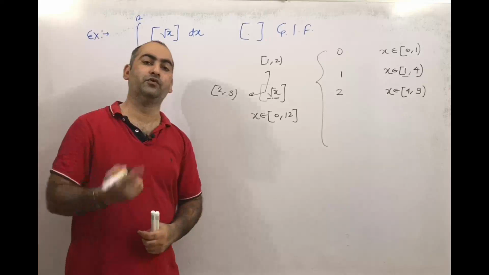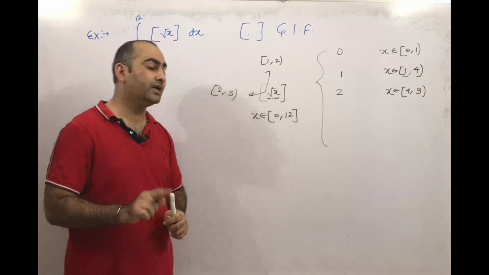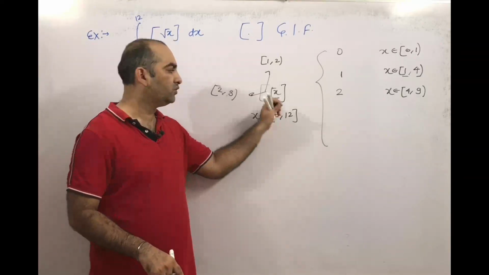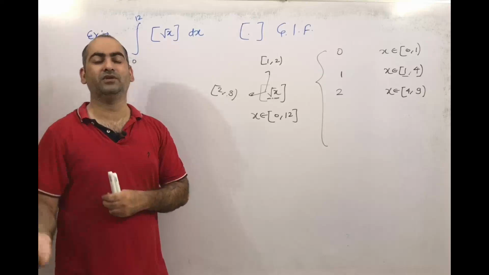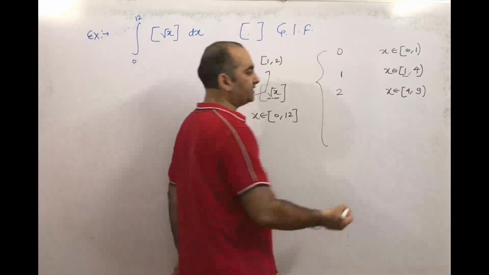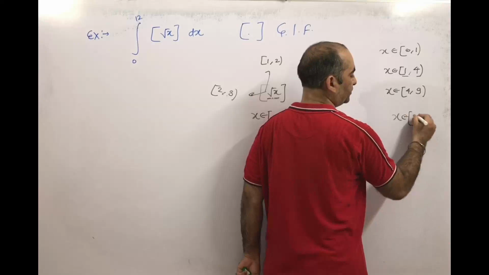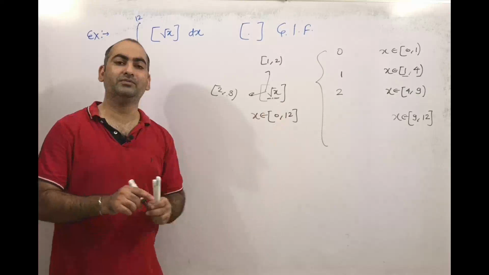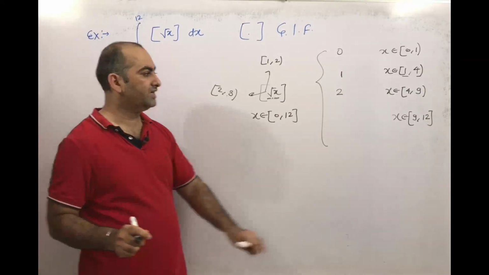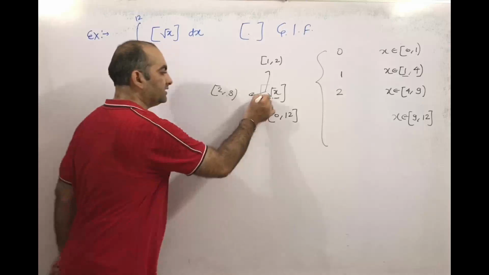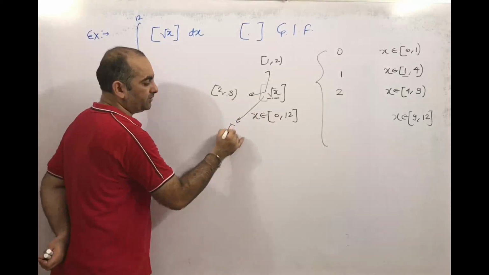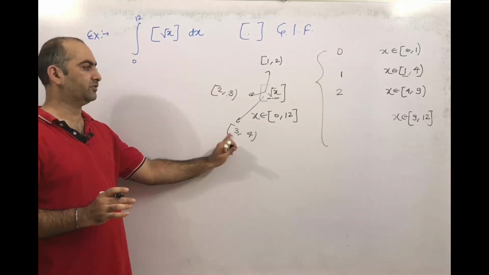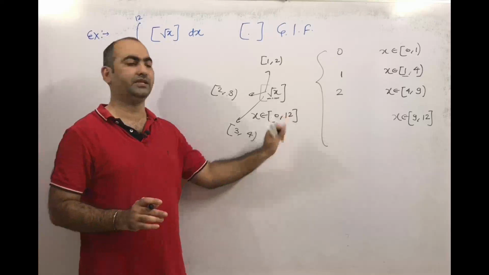The next integer is 4, which happens when x is 16. But we are going only till 12. If I put 12, root 12 is 3 point something. So x belongs to 9 to 12, and we take 12 as closed. Then the value lies from 3 to less than 4, with 4 open, and the greatest integer of that is 3.